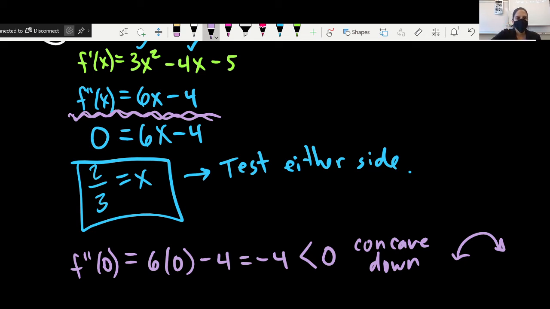Okay, so that's fine. I tested 0, then I have options of what I could pick, but maybe I want to keep things nice and easy. So maybe 1 would be a good one because 2/3 is in between those two values, so that works well. But it really doesn't matter. You can pick 2 or 3 or whatever you like. When I do plug that in, again here it'd be 6 times 1 minus 4, and we get this time,